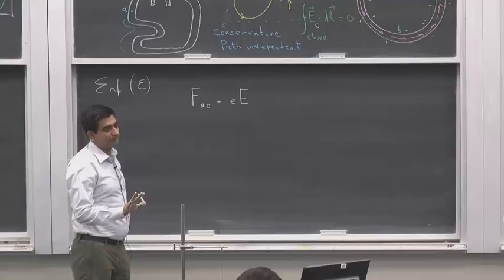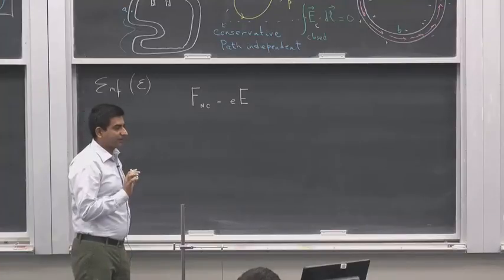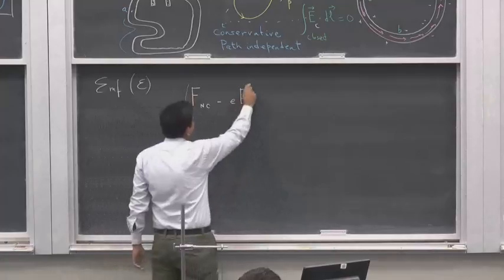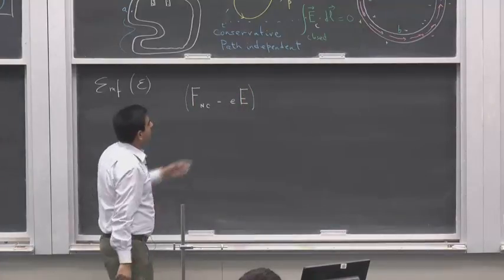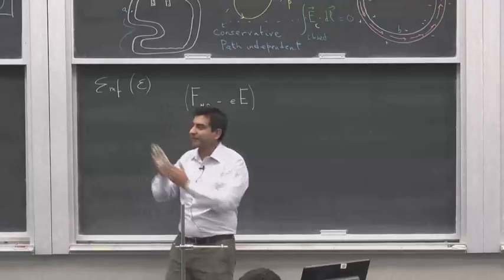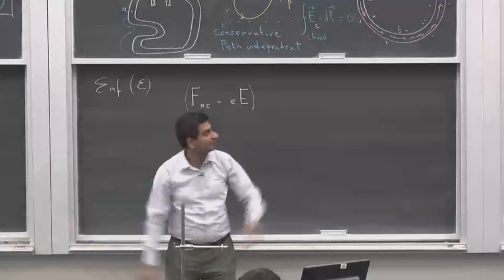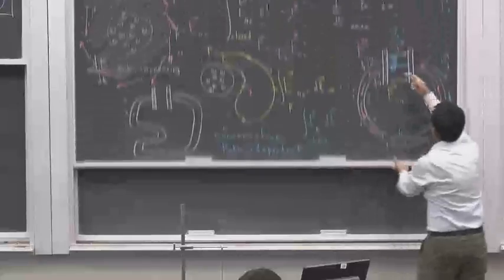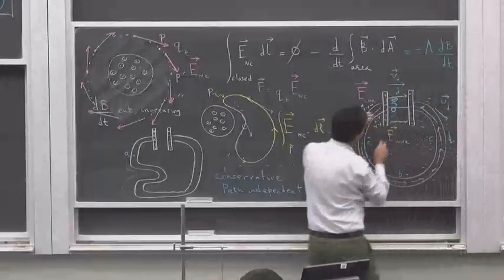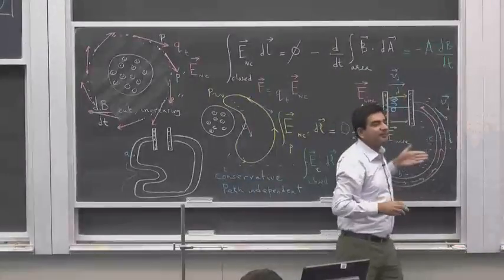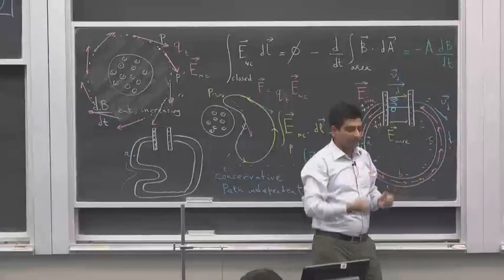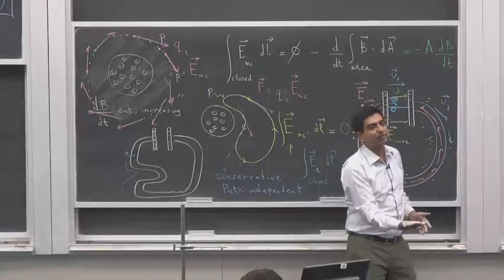In other words, this is the net force on the electron. The electric field produces a force on this electron towards the left, but this pulley is moving the electron towards the right. So the pulley is, if I have this piece of chalk in my hand,